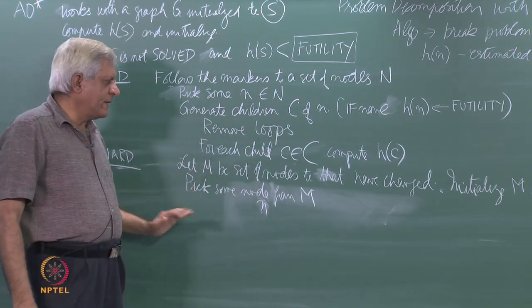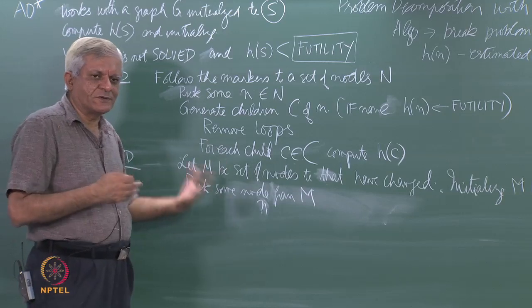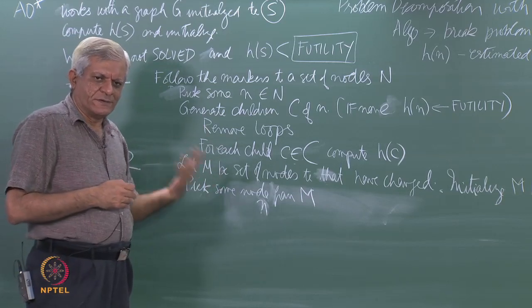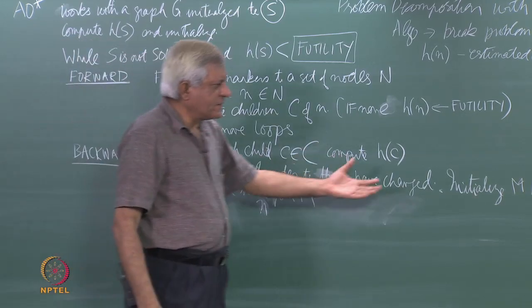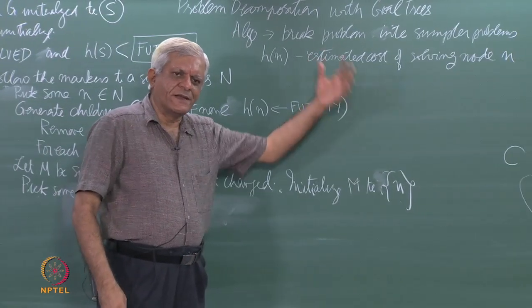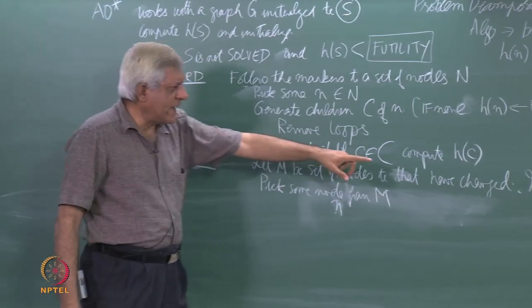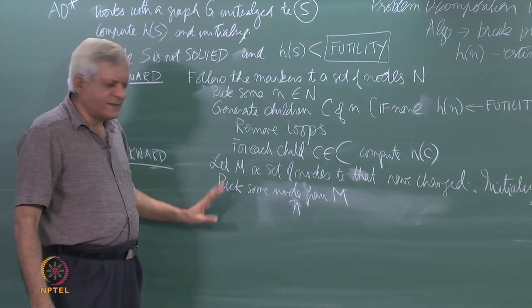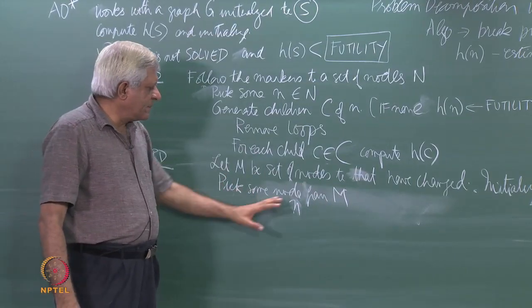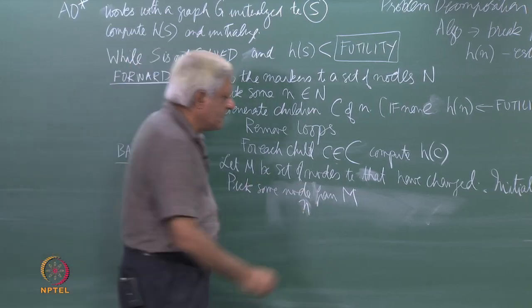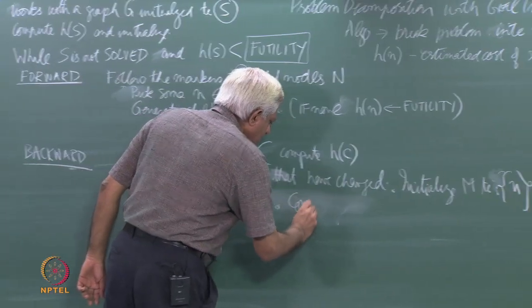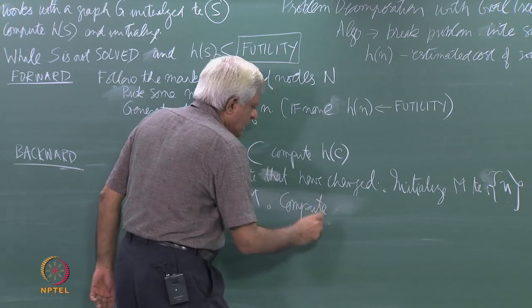So, I will just use the same name exactly, but of course, as M grows it may have more elements. How will it grow? Because parents will get added to this set M essentially, but initially of course, there is only n inside M, and I am just simply saying, using the same name, pick some node n from M, compute best cost